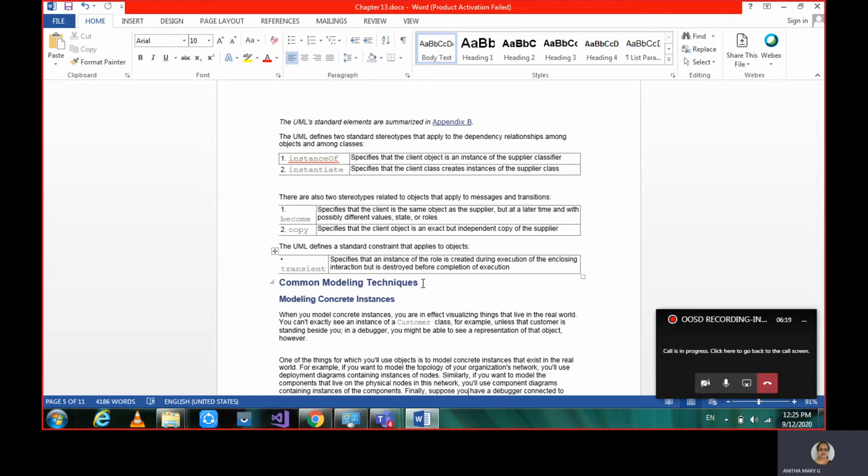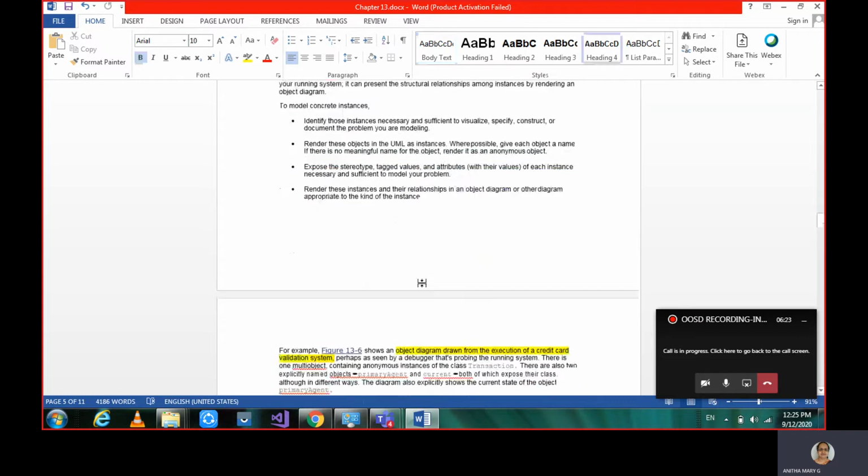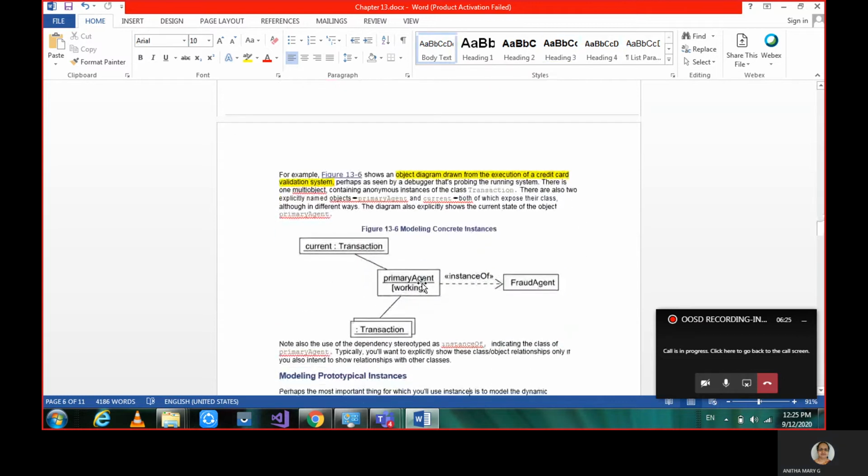Modeling concrete instances is nothing but static instances. The transaction primary agent and his state is working, he is depending on the fraud agent, and this is a multi-object.